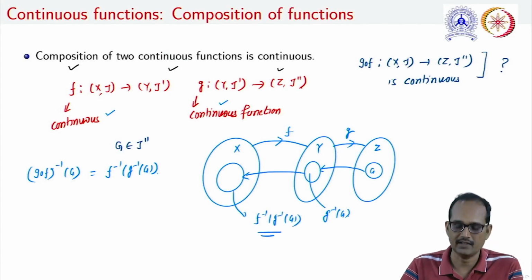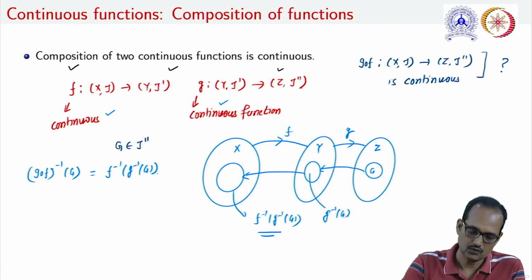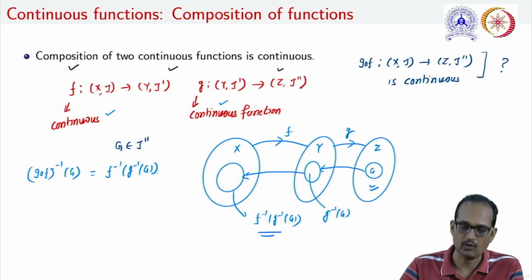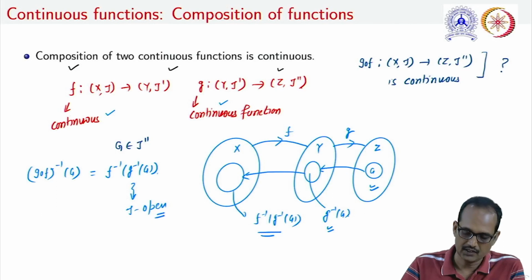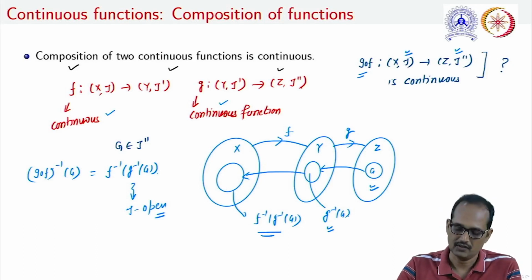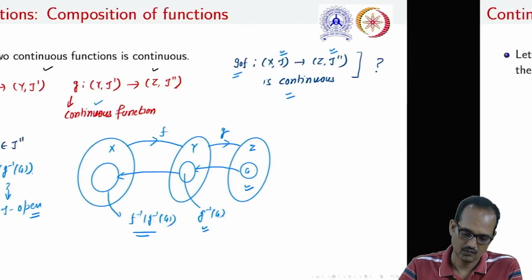It is to be noted here that if G is open with respect to topology tau double dash, this G inverse will be open with respect to topology tau dash, and this f inverse of G inverse will be tau open. So actually this is tau open, and if this is tau open, it means that the inverse image of every tau dash open set under this composition is tau open, and therefore this composition is a continuous map. Moving ahead,